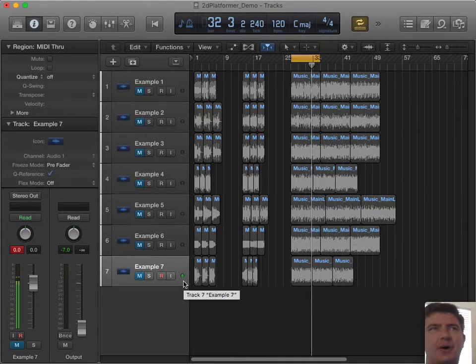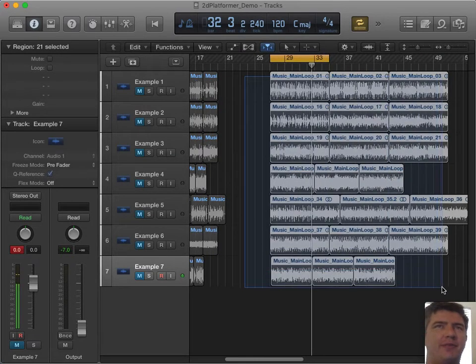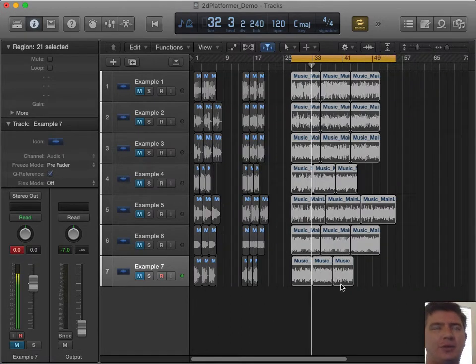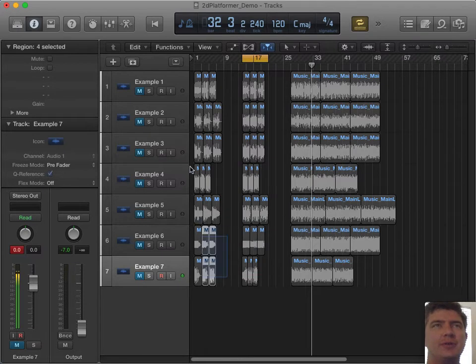These are different student examples. Each student submission has its own track. And you'll see that all the way over here, these are all the main loop files. Those are 8-bar cues. These are the intros. Those are each 2 bars. And these are the endings. And those are also 2 bars.